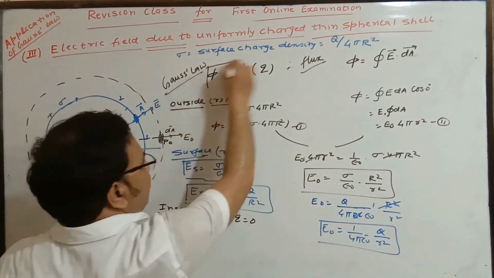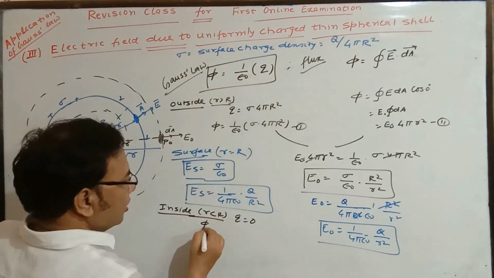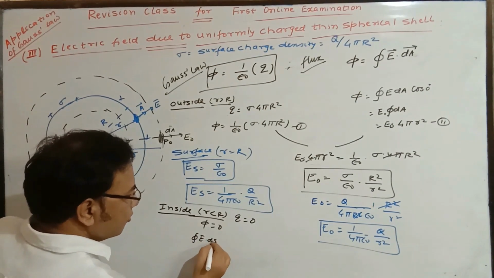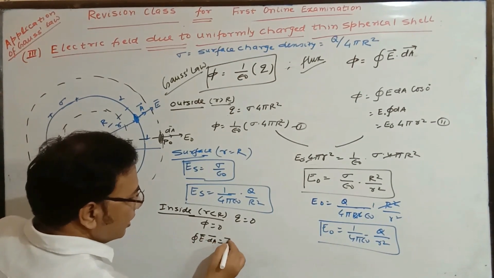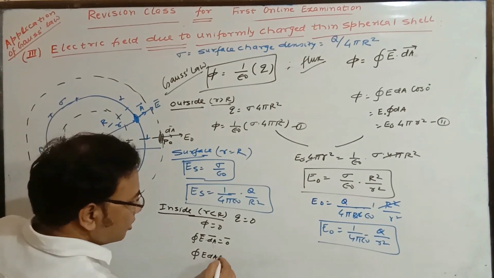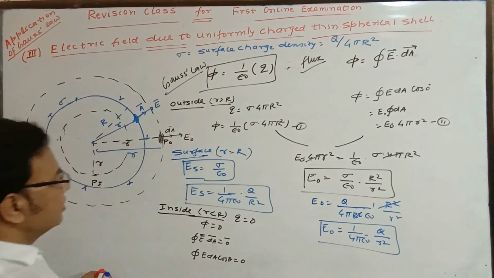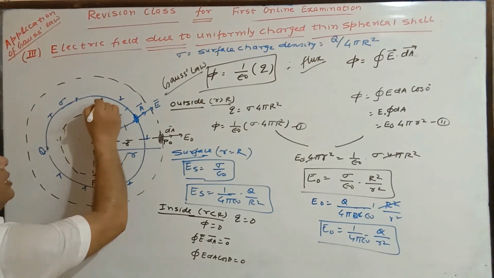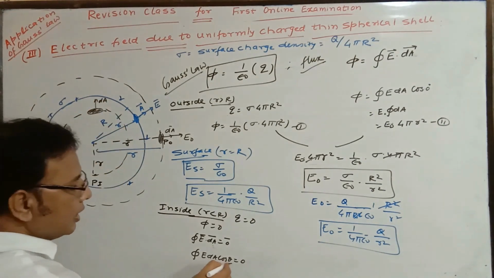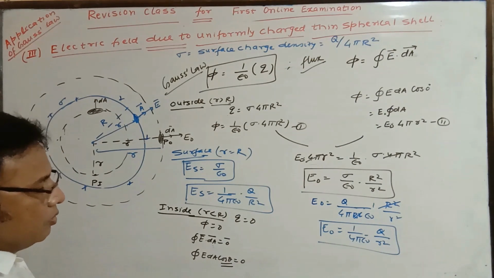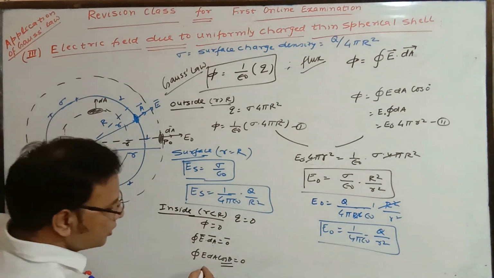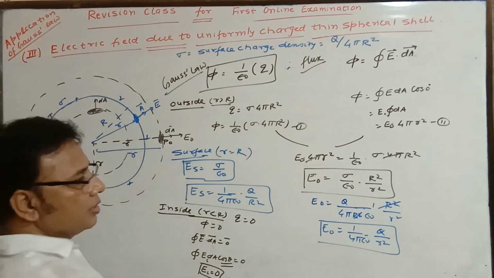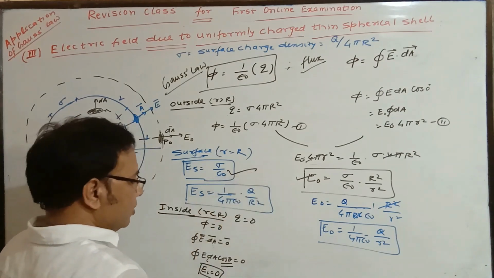From this particular formula, what is the flux? Q is 0, so flux is 0. If flux is 0, then from this formula, integral E dot dA is 0. This gives E into dA into cos theta equal to 0. If you are considering the area vector here, suppose at this point you are finding the electric field, then the area vector cannot be 0. Cos theta will not always be equal to 0; only in particular cases is it 0. So it's quite obvious the only possibility is that E inside is 0. So all three you have determined: outside this value, at the surface this value, inside 0.